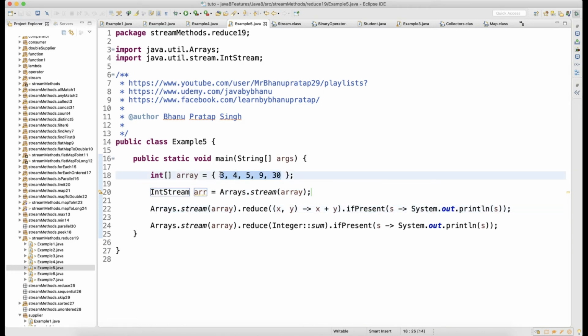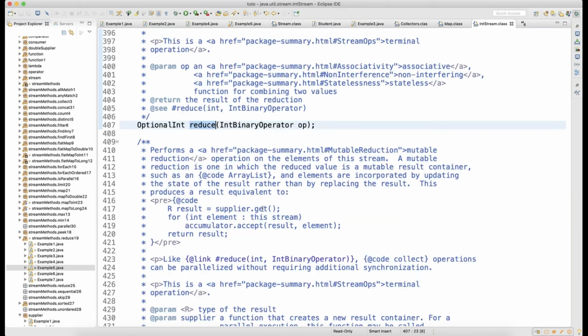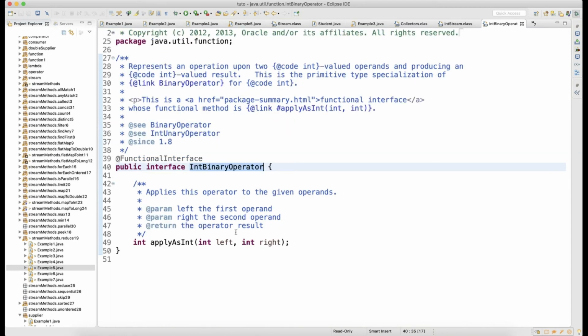So the reduce method. In the reduce method, what I'm trying to do is add the numbers, because reduce here takes an int binary operator. When you go inside the int binary operator, you can see that it has a method called applyAsInt with left and right.